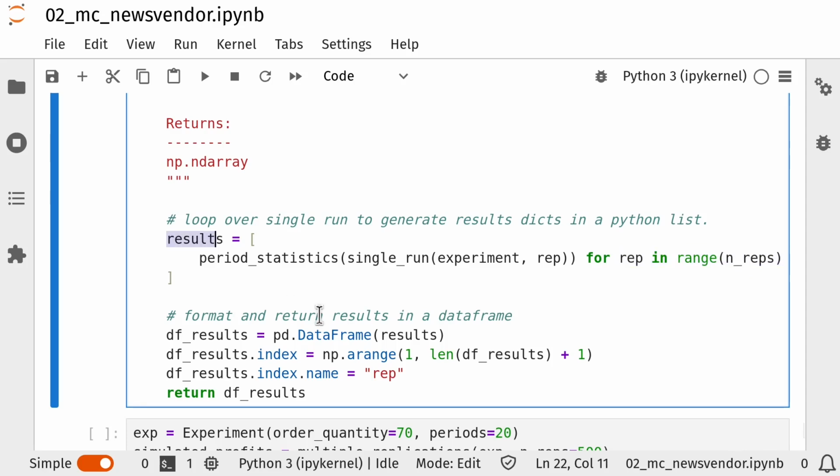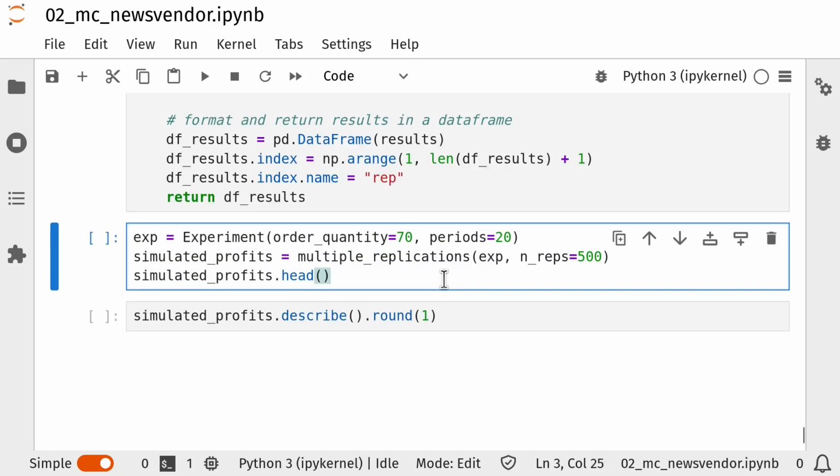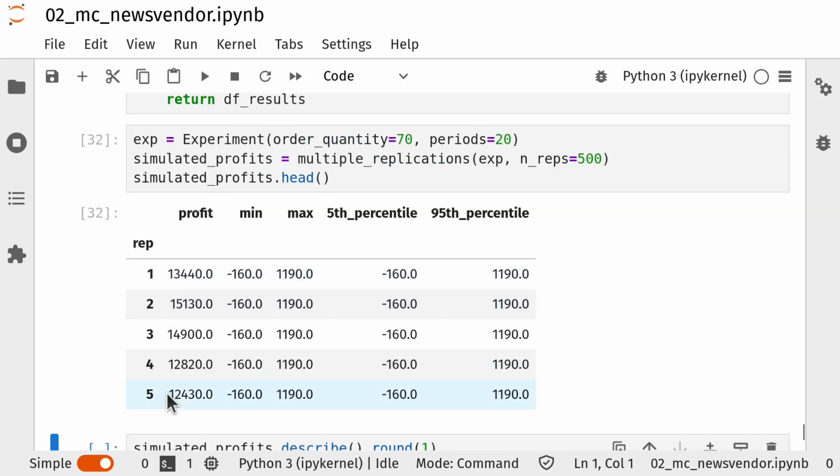We have a Python list of results, and we're just going to simply convert each of those to a data frame with different columns representing the different performance measures. So for example, if we wanted to run an experiment with order quantity 70 and periods 20 for 500 multiple replications, we just need to call the multiple replications function now, and that will return a pandas data frame, and we can peek at the head of that. And we can see here that we have replication numbers. We've just got the head, so we've got the first 5, and we have a column for profit, which varies